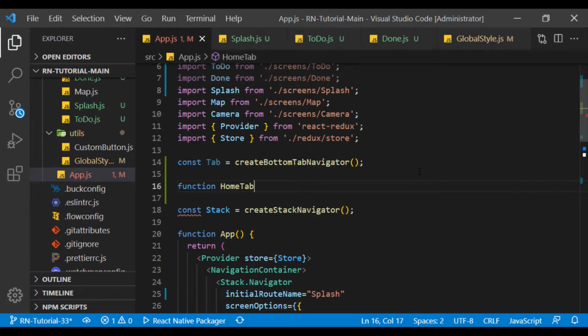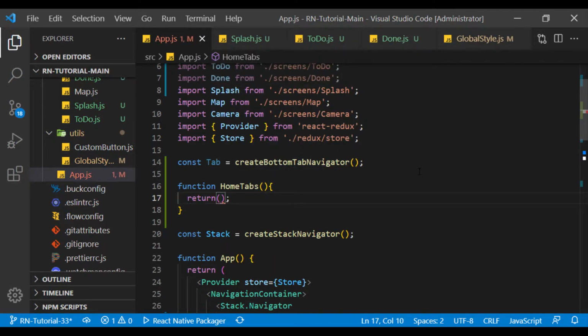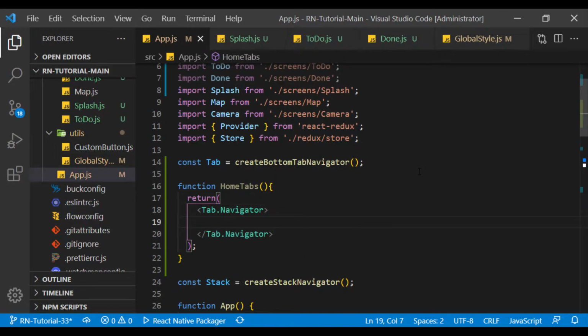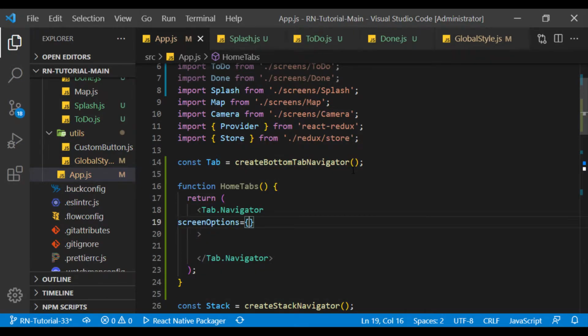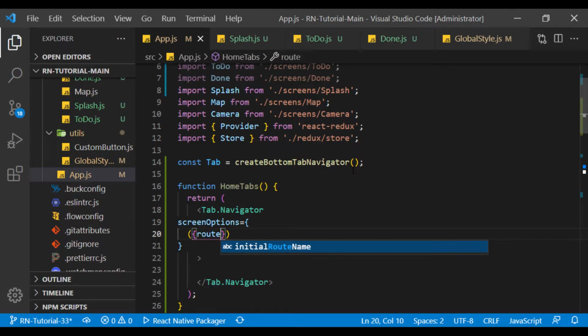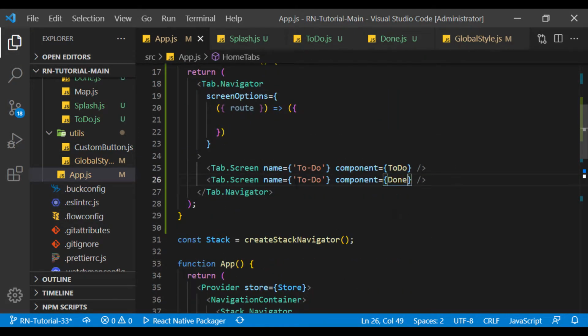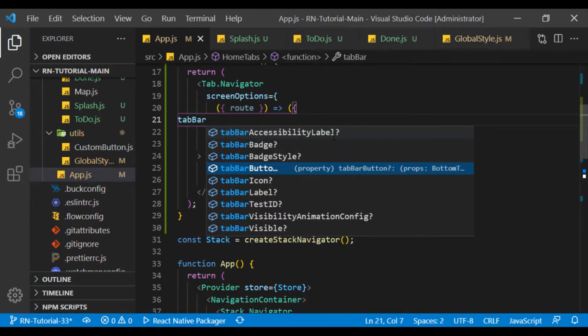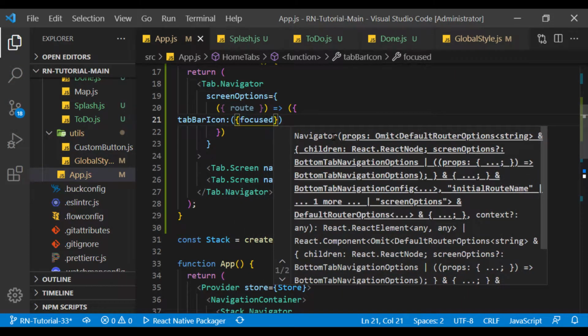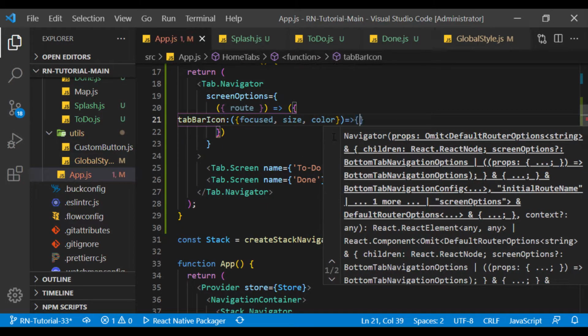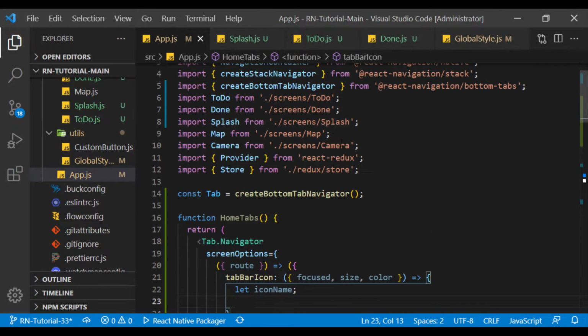I create the home tabs function to build the tab navigator structure. Consider the to-do and done pages as its tabs. I use Font Awesome to display tab icons.